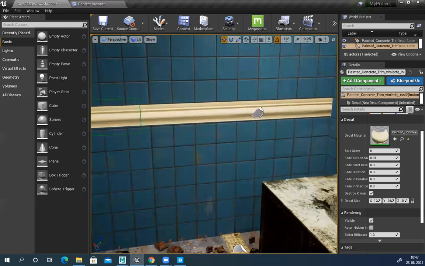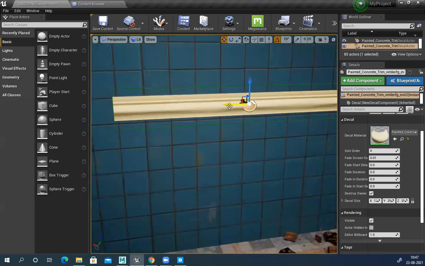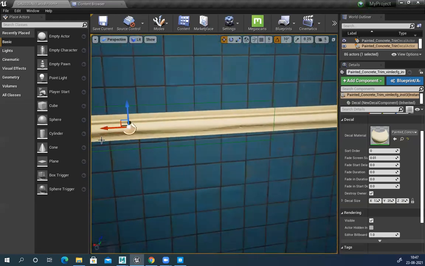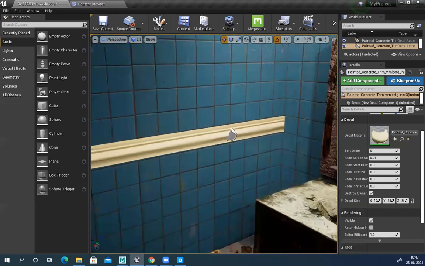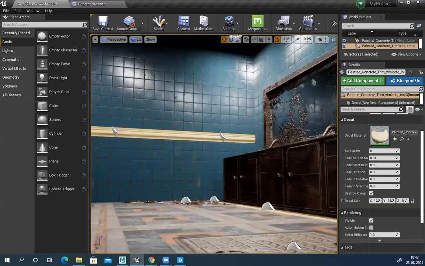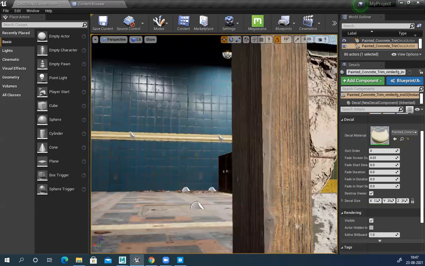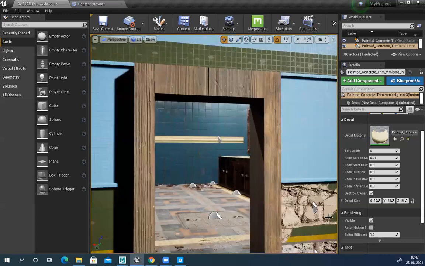And these are all tileable, will tile perfectly. Repeat all this trim. Similarly, now let's add some broken things.